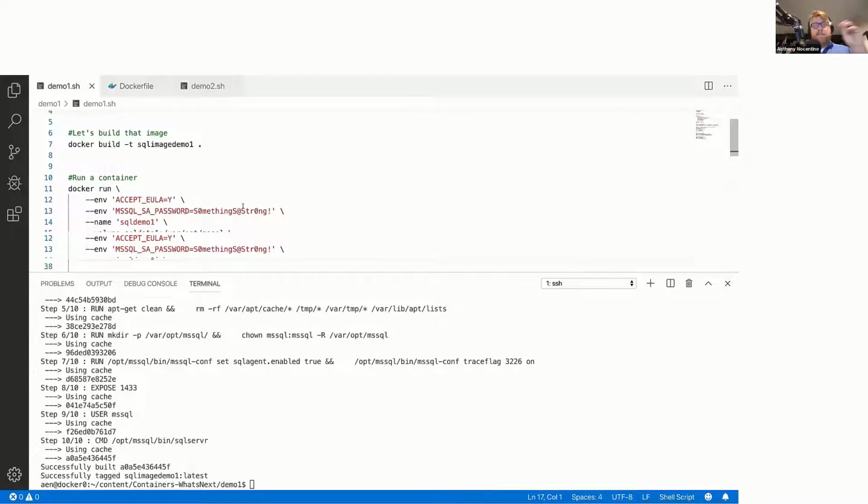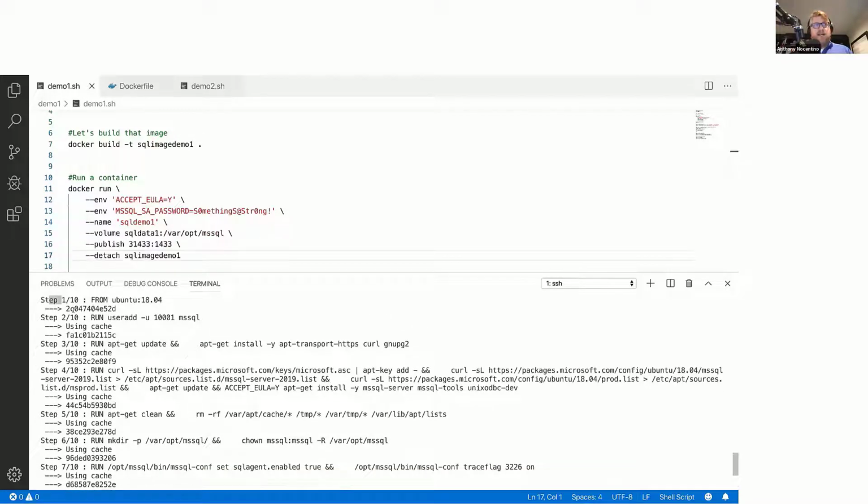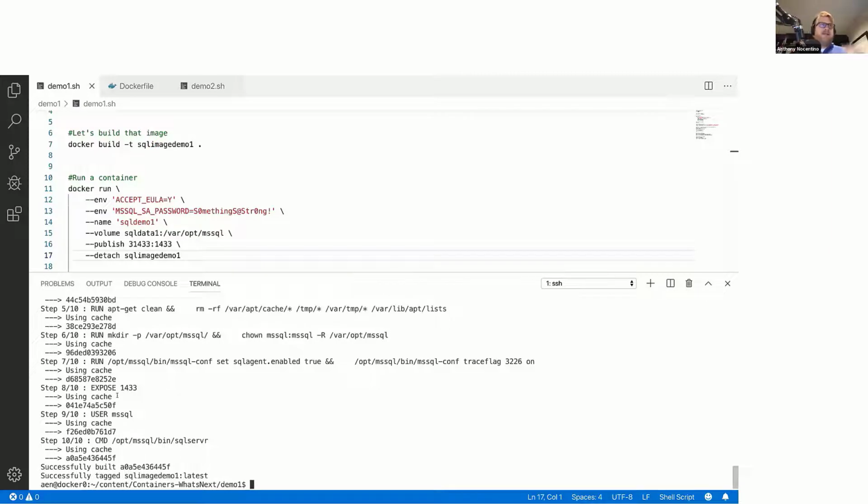So we just built that container together, and what you have at the bottom here is the output of that build. You can see each step that gets executed against the container image. Now, I pre-built the container image just for speed. This usually takes about 5 or 6 minutes to get everything installed on my system. Your output will look a little bit different because it's going to actually execute each of these commands, so you'll see things like apt installing and updating. You'll see a lot more output than I saw here, but I pre-built this just for speed today.